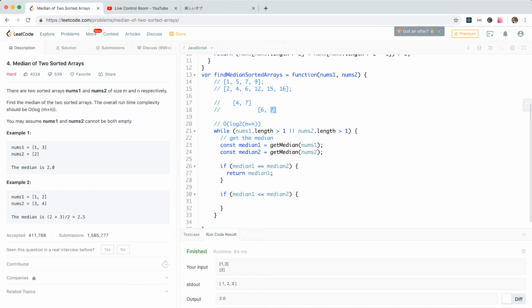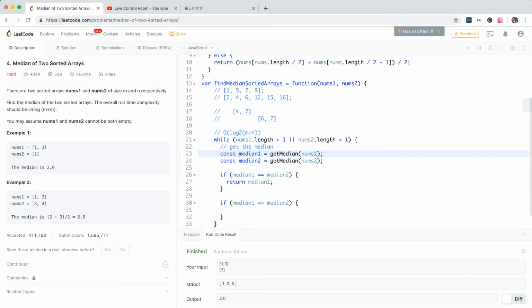We will compare the amount. Okay, let's make it better like this. What is this? This is length. Yeah. Equal half count, median2, half count. So here we return